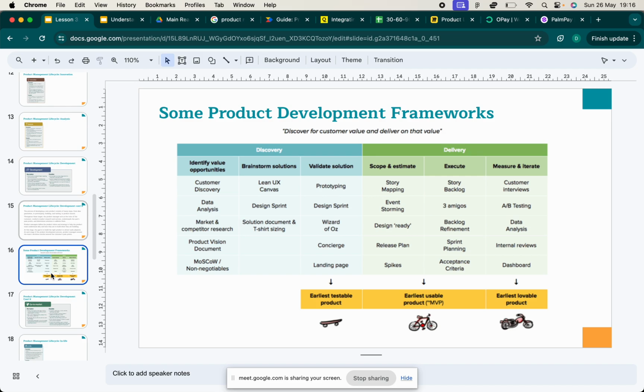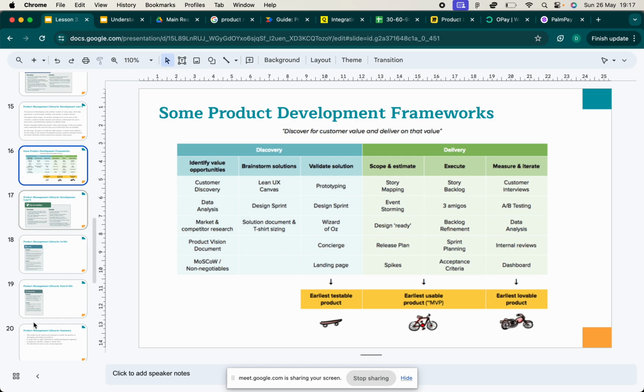So right now you may not know what, for example, user story mapping is, but before the end of this course you will know what that is. You will also know what a prototype is. For those of you that don't know, you will also know what customer discovery is. What is this process? So you will know all of this. And then in week 12, if I said, for example, user story backlog, you will know exactly what that means. And that is knowledge that will help you in week 12 to be able to feel confident and apply for various jobs that I'm sure you will be doing.